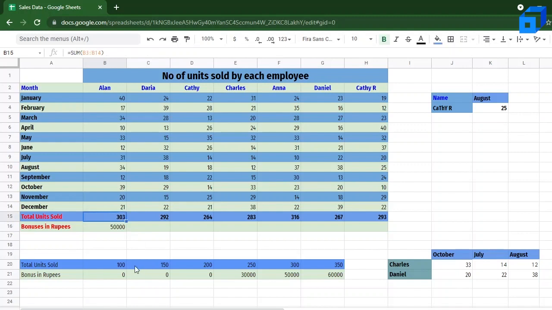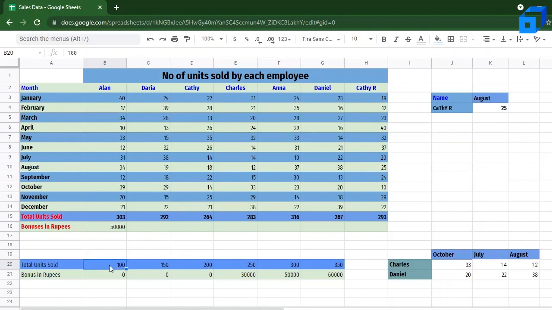What horizontal lookup does is, and remember that these values have to be sorted in ascending order. The total units sold have to be sorted in ascending order, no matter what. That's how the HLOOKUP searches through the values. Over here you can see 100, 150, 200, which is sorted in ascending order.